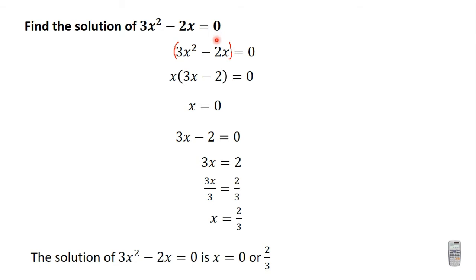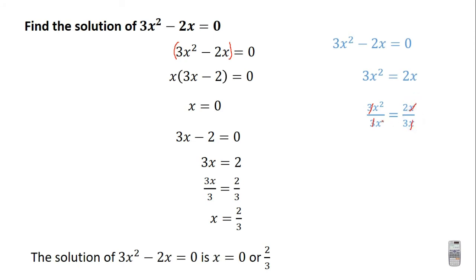I'm going to go through the common mistake that most students have been making so that you'll be aware and avoid it. For most students, when they are given the equation 3x squared minus 2x is equal to 0 to solve, what they do is that they send 2x over to the right hand side. So when you do that, you have 3x squared is equal to 2x. Then they will divide the left hand side by 3x. They will divide the right hand side by 3x. Now when they do that, you will see that 3 and 3 will cancel. x and x here will cancel.